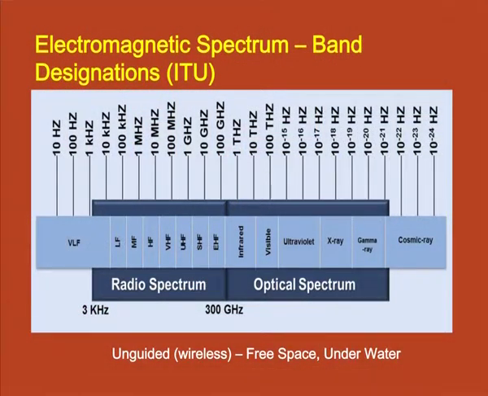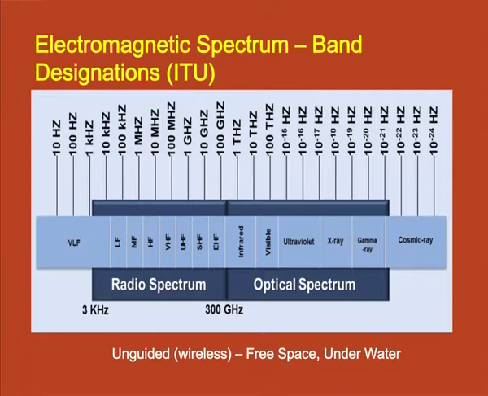Talking about unguided media, typical media which are used are free space and underwater channels. Free space is used extensively for radio and TV broadcast as well as for mobile communication, which is part of our day-to-day life, and underwater communication is mainly used by submarines, where they have to communicate their information to the base stations. So, this free space or underwater communication uses a wide range of frequencies which we call the electromagnetic